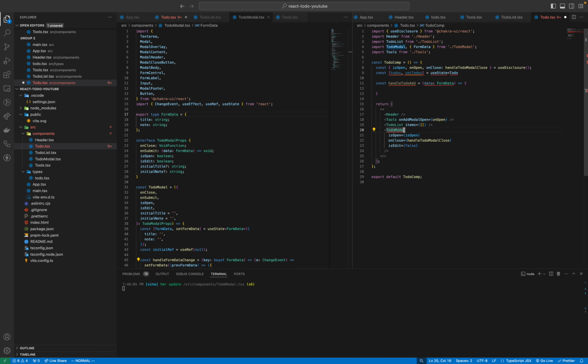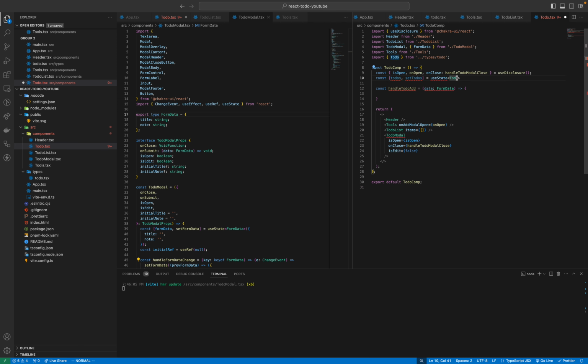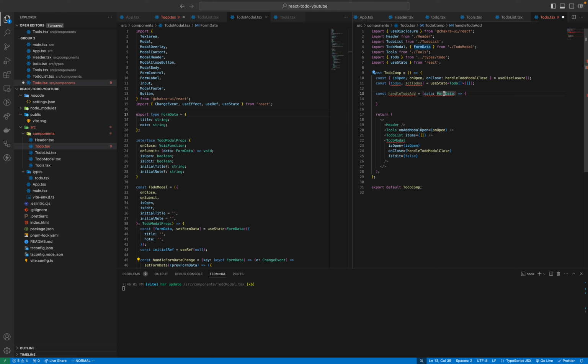Component. Array and import. We're going to add to-dos, to-dos, extend, concat,